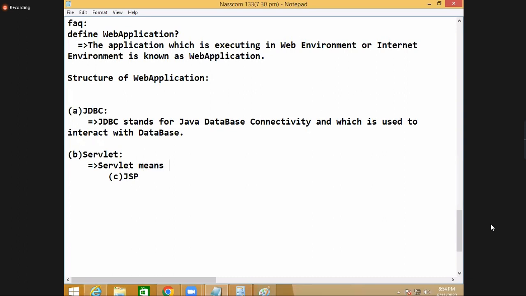Servlet means server program. Servlet means,